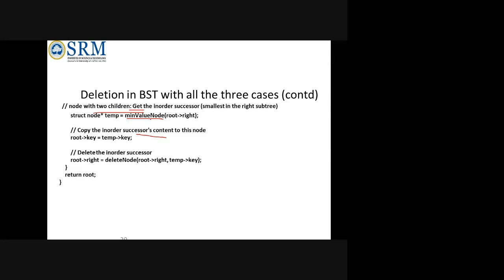That is up to you. You have to decide whether you are going to take the minimum value from the right side, because here minimum value means I have taken right. If you are taking a maximum value, you have to go to the left. So here I have gone from the right side replacement only, the smallest in the right subtree. For that only the code is here. So now you will replace that particular value with the particular root, and then you can delete the